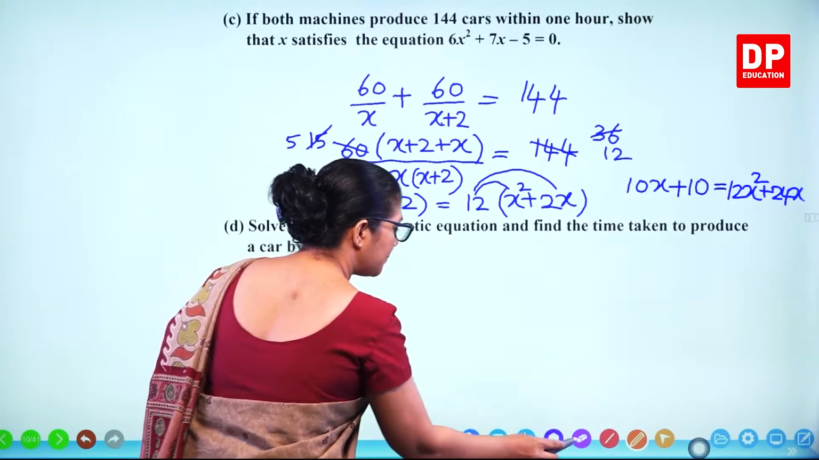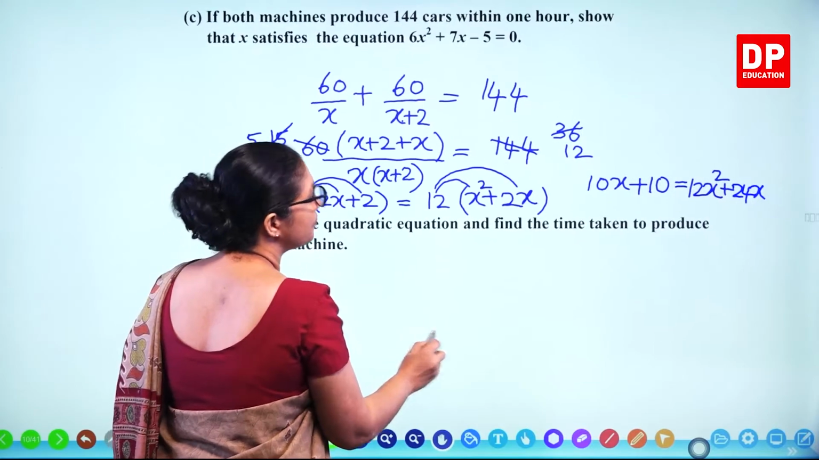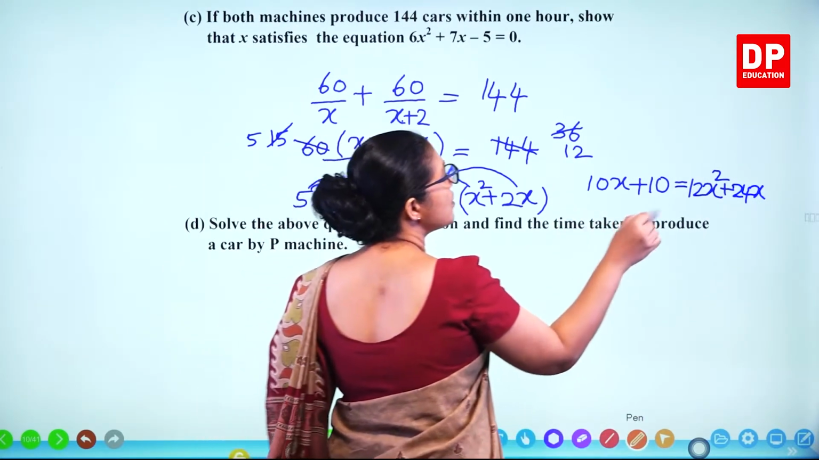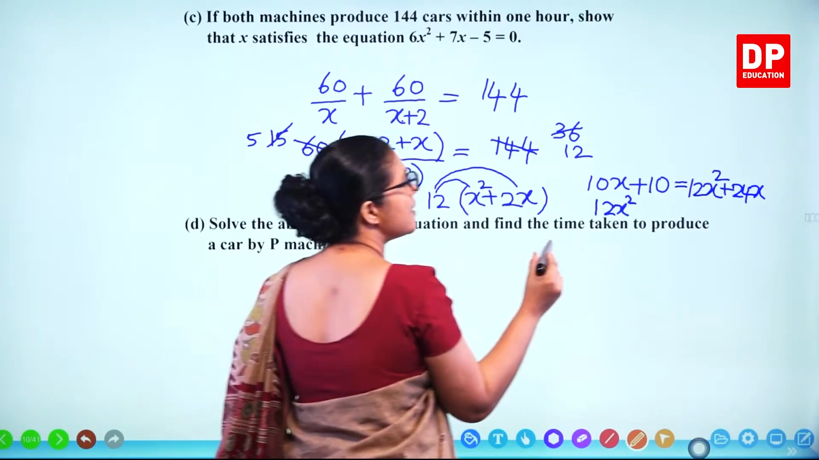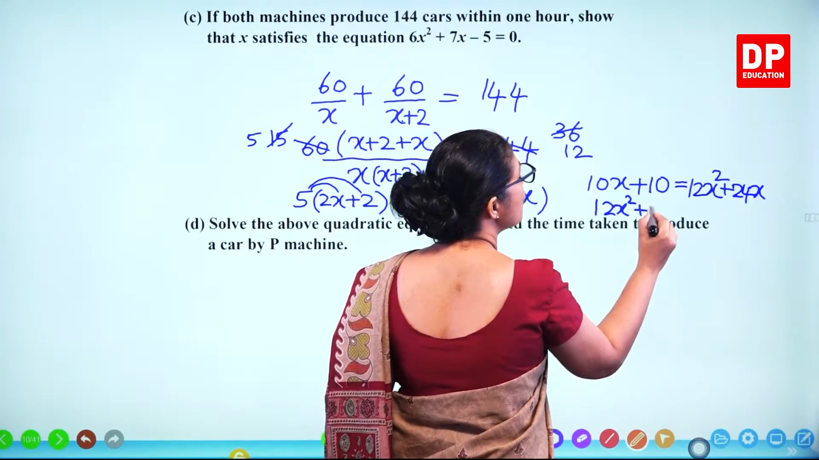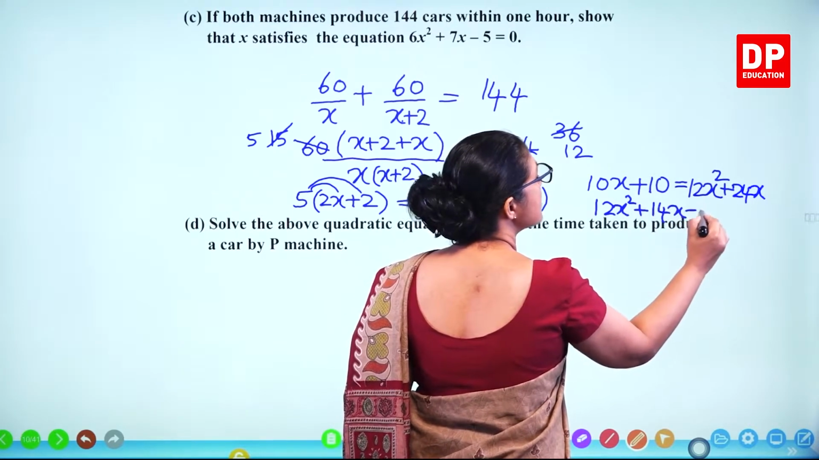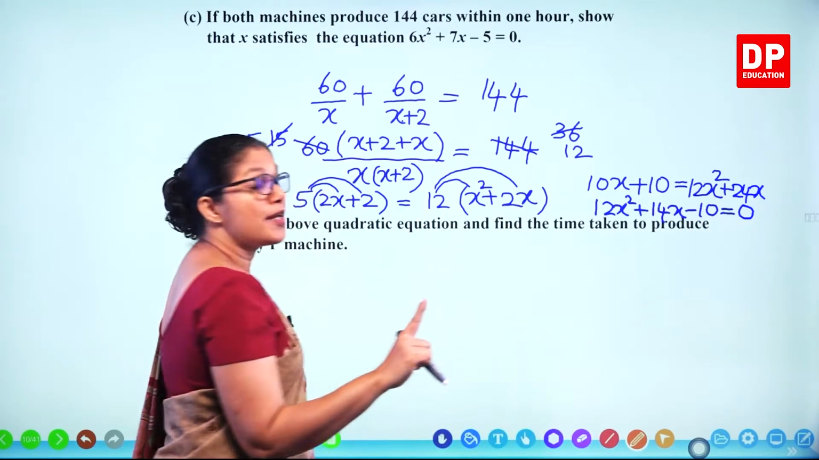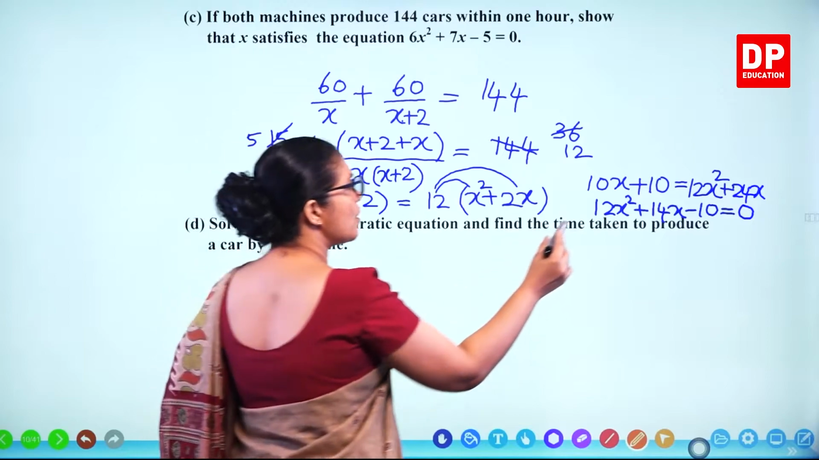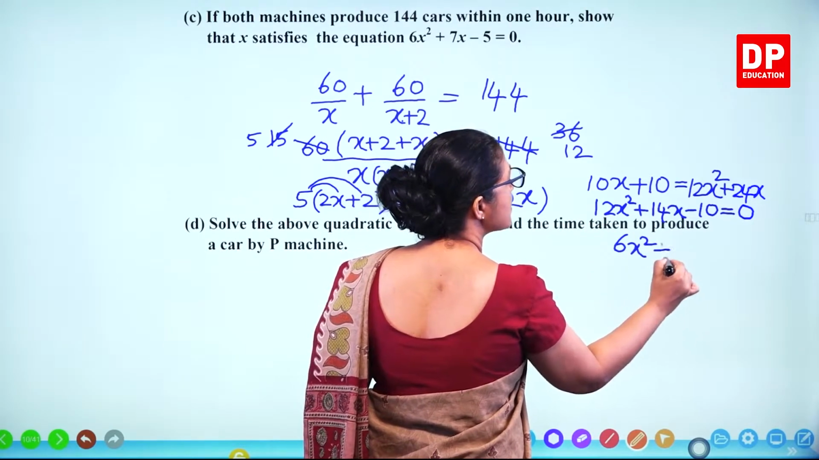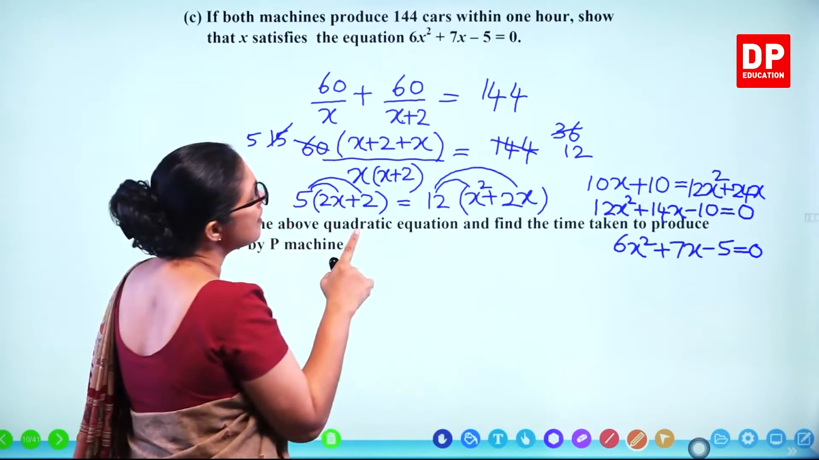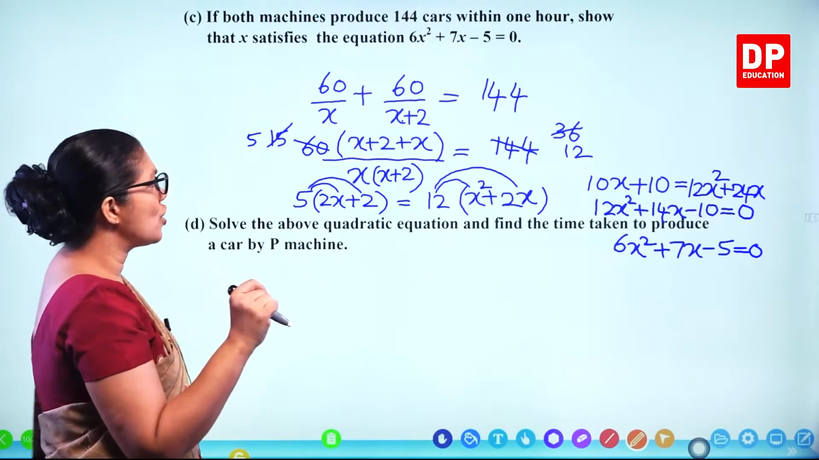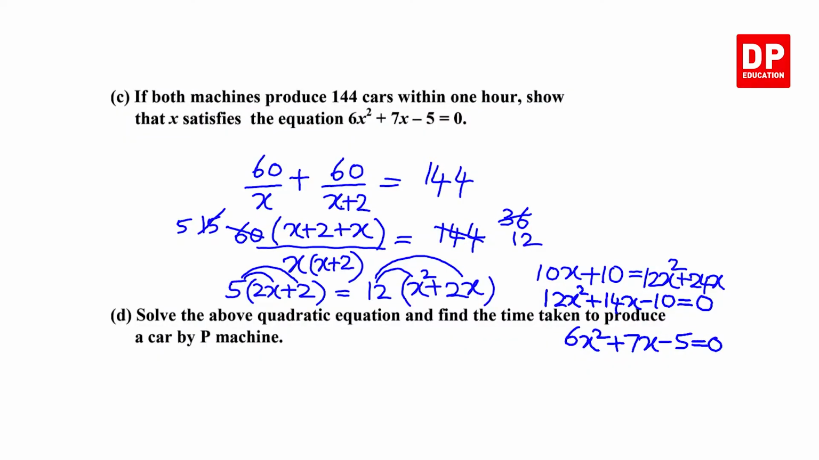Then what do you get? Take all terms to one side. You get 12x squared, 24 minus 10, you get plus 14x minus 10 equals 0. Now divide the whole equation by 2. What do you get? 6x squared plus 7x minus 5 equals 0. So that's the equation. Solve the above quadratic equation and find the time taken to produce a car by P